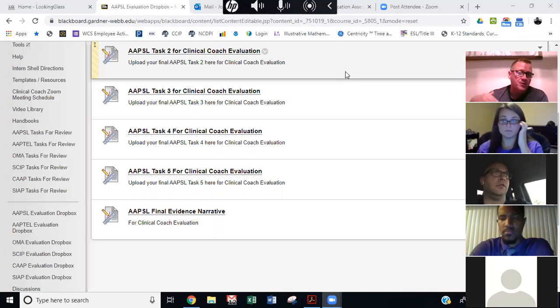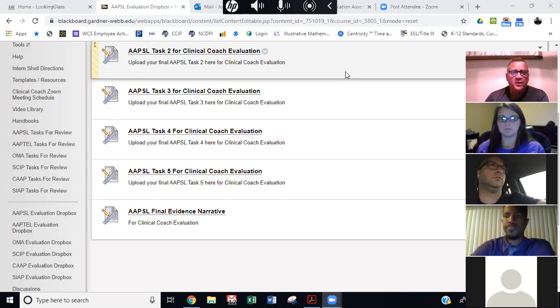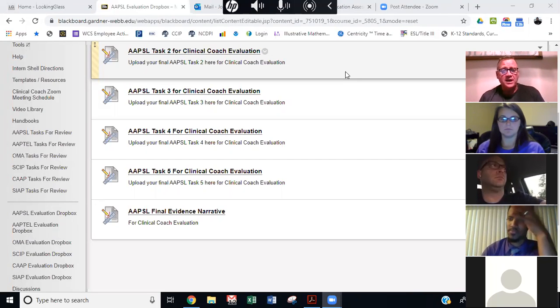No, that's a great question. No, it does not need to be a running document. In task 1, the reference page should just reflect the references for task 1. In task 2, the reference page should just reflect the references in task 2. Once you complete task 5, and I say you're ready to combine all this and get it ready for the final evidence narrative, in the final evidence narrative, that reference page should reflect all the citations of all the tasks. So what you said was right on target. Great question. Thank you. I appreciate you asking that.